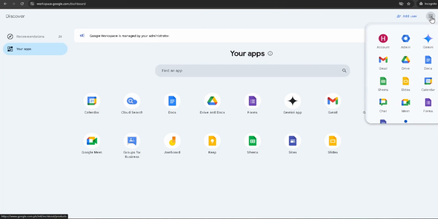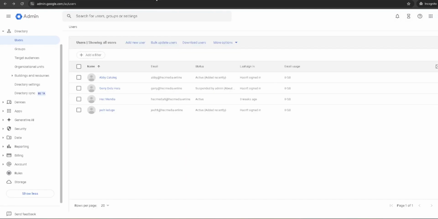Once logged in, direct your attention to the top right corner of the screen, where you'll find the Google Apps menu, usually represented by a grid of small squares. Click on it to reveal the range of Google services linked to your account. From this menu, locate and click the Admin icon to enter the heart of the Admin panel, where all user